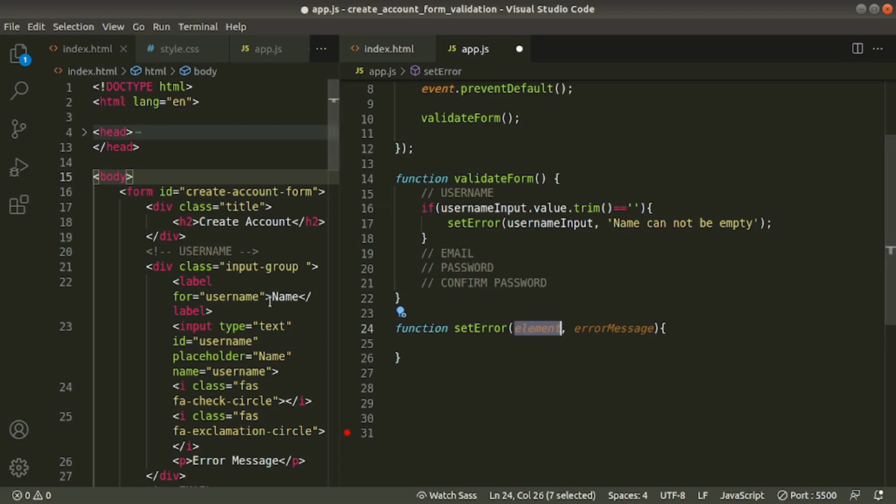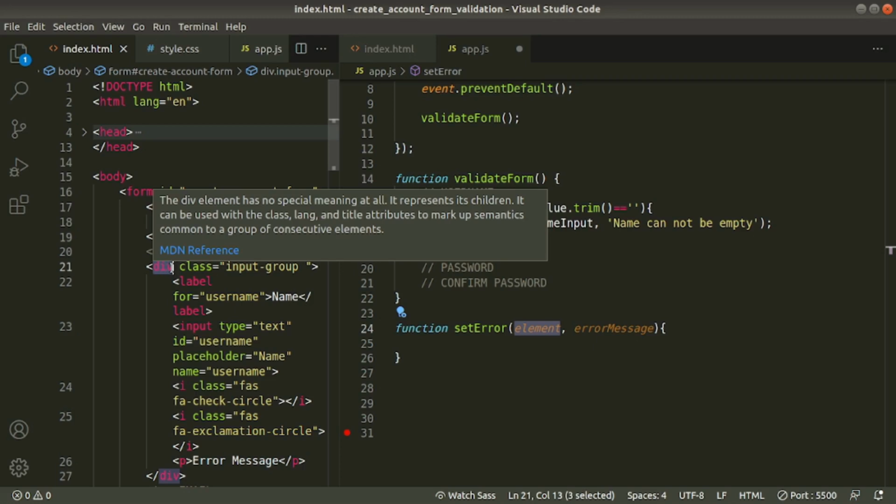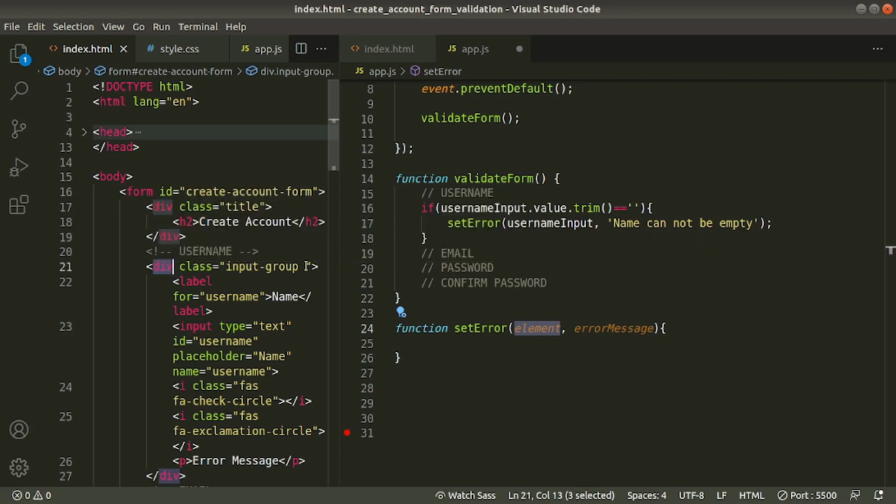Let's check inside HTML. Here we are. This is username input field and its parent is this div. Once we access this parent, we'll add error class that will be placed here. We know what happens then. It changes the border of this input field. It shows the error icon and paragraph.